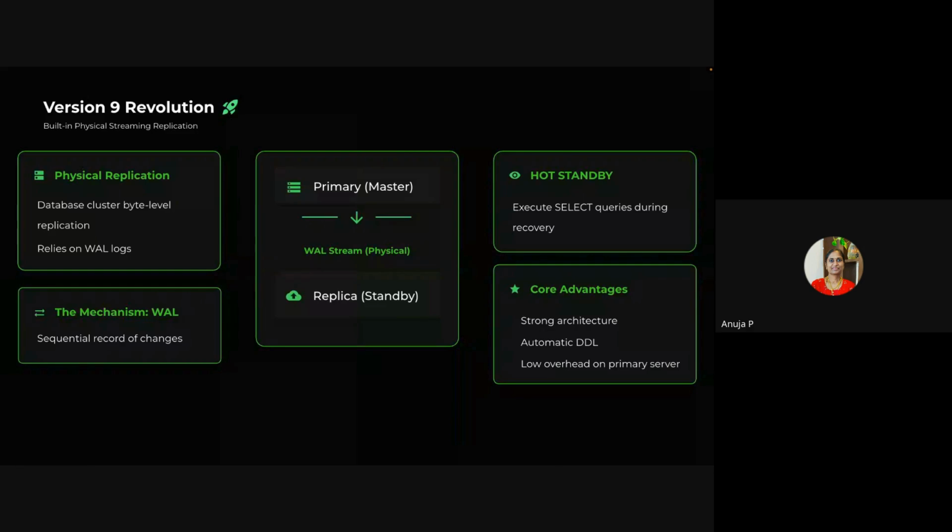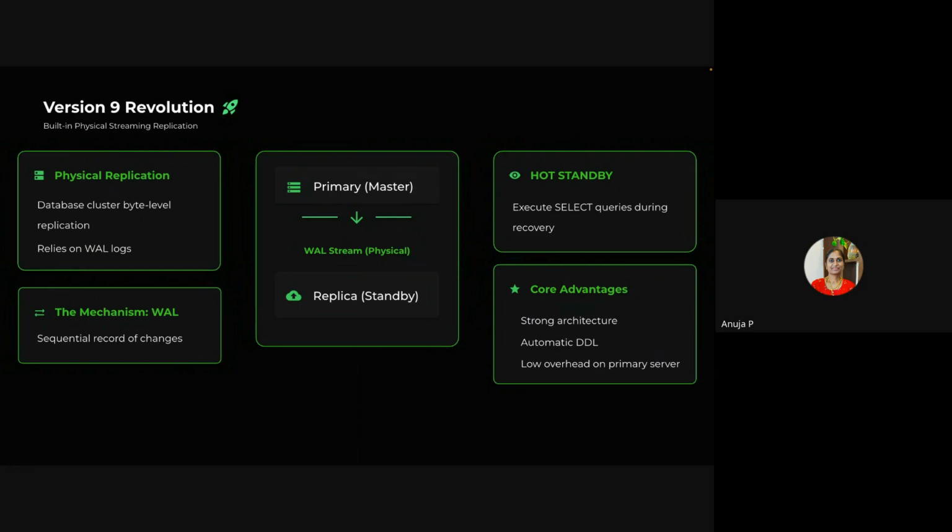So let's get into physical replication. This was the start point of replication in Postgres history. From version 9, we had physical streaming. Physical replication means the entire database cluster is replicated to the standby block by block.